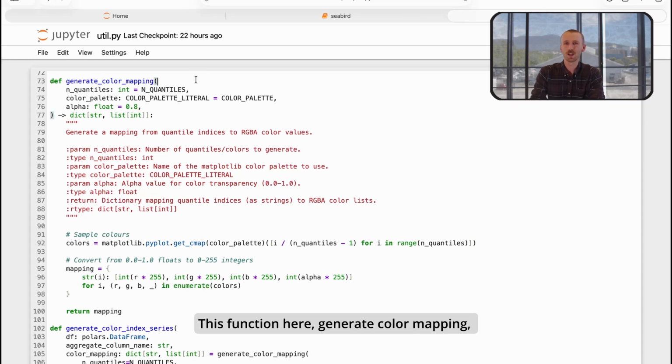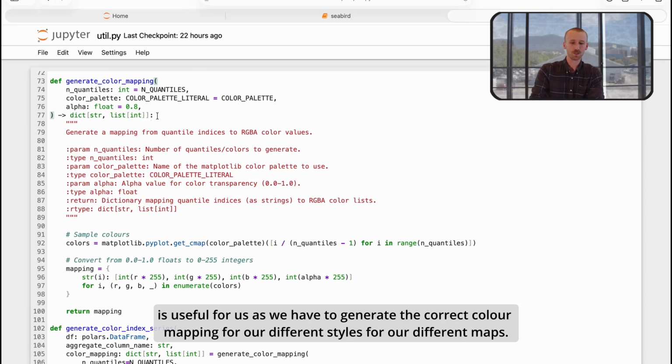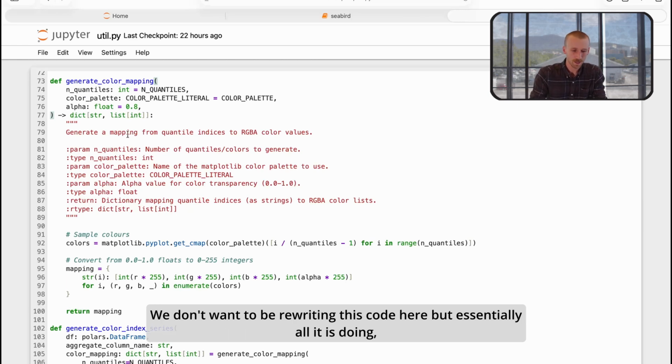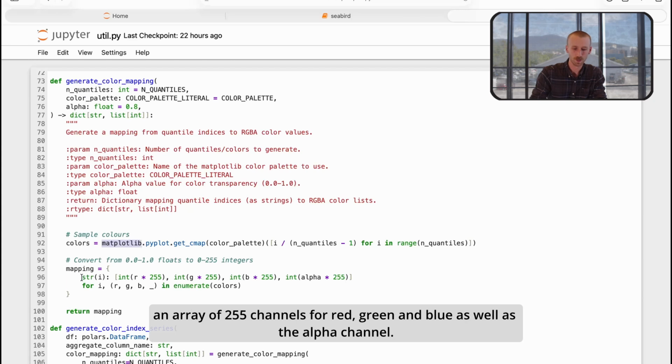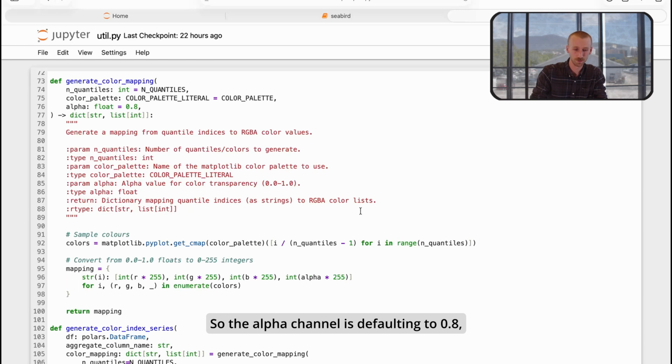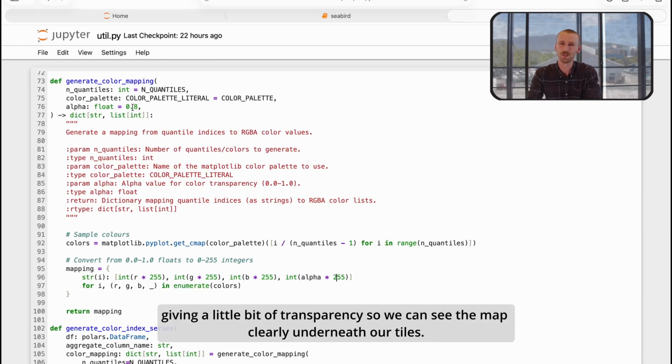This function here, generate color mapping, is useful for us as we have to generate the correct color mapping for our different styles for our different maps. We don't want to be rewriting this code, but essentially all it is doing is taking the color maps that are available in matplotlib and rejigging them to an array of 255 channels for red, green and blue, as well as the alpha channel. The alpha channel is defaulting to 0.8, giving a little bit of transparency so we can see the map